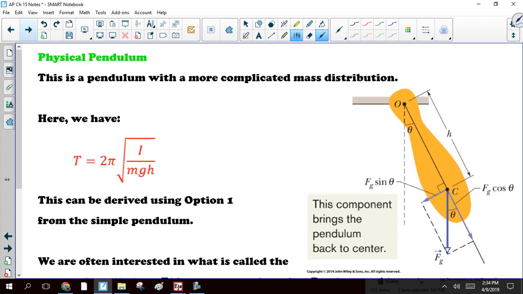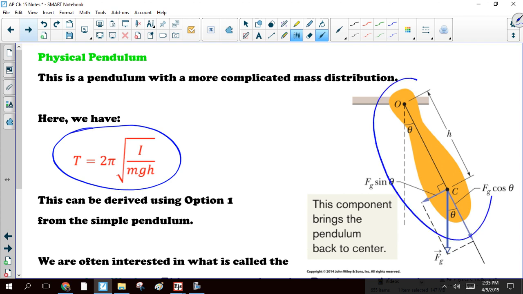All right, now, here's the other type of pendulum. You can also have a pendulum where your mass is not all concentrated at the end. So picture a baseball bat swinging back and forth about the middle. Or like your leg. Well, that's not a perfect example. But when you walk, if you swing your leg back and forth, your leg is kind of a pendulum, but not all of the mass is down at your foot. It turns out that the period of a physical pendulum, that's the name for this, where not all of the mass is concentrated at the end,